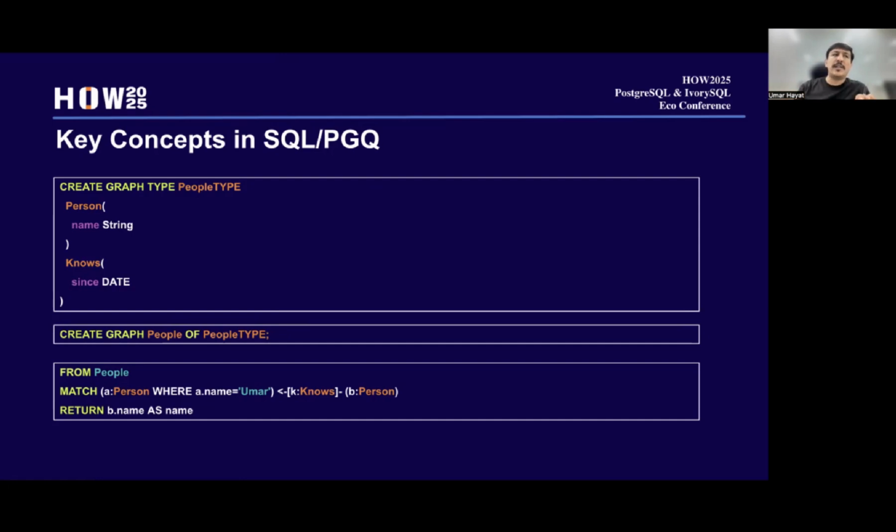So the GQL, AgensGraph and a lot of other databases are already compliant on these specific clauses with OpenCypher, which is compliant with the GQL. Of course, OpenCypher has a few more clauses which are not part of GQL, and of course GQL also has a lot of new standard clauses which are not part of AgensGraph or other databases, which are right now in development.